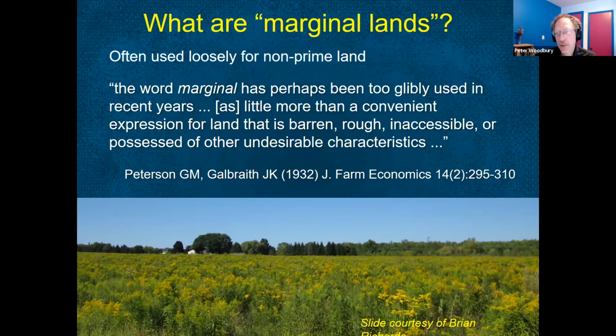But there's also a strong economic component. This term marginal is really an economic term to say that it's marginal for agricultural or commercial production, for economic activity. In other words, the cost to produce something, you may not get that back. There may be no profit at all in producing some kinds of crops on these lands. That means that what's marginal to one person or one operation might not be to another. So land that might be marginal for corn production could be just fine for wine grapes.